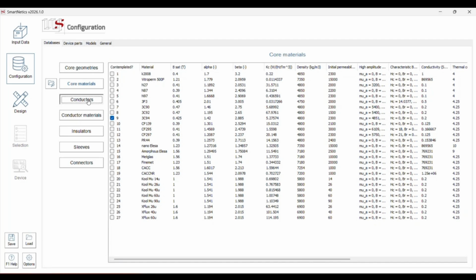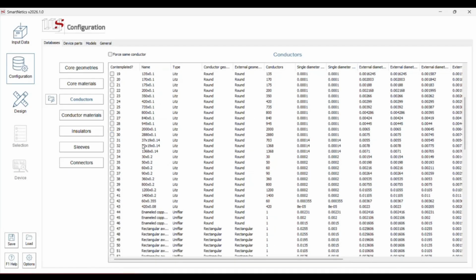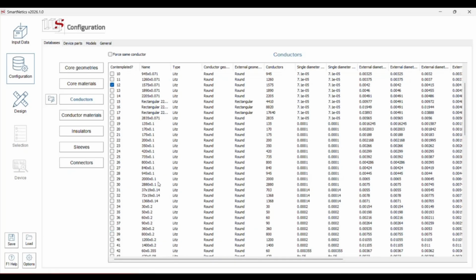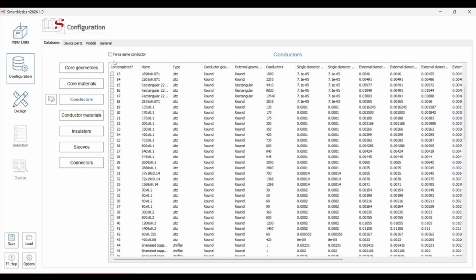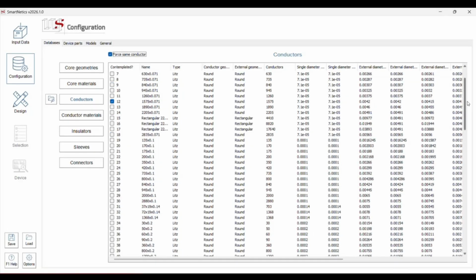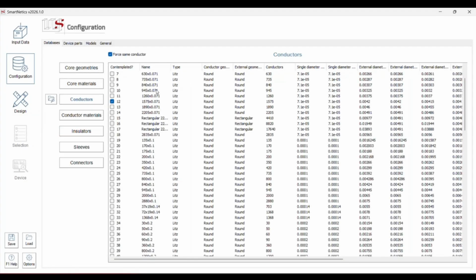And then you can select which conductors you want to use. We have leads, we have rigid wire, etc. I will leave this as it is. The tool will automatically consider any possibility that you activate in here. You can let the tool decide the wire, but impose the same wire for primary and secondary, which is usually the cheapest solution when you're going to manufacture it. Then you can select which conductor materials to add, which insulation, etc. It's up to you, but you don't really need to change anything. If you leave everything as is, most designs can be done with the default configuration.